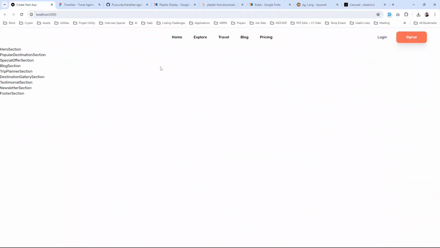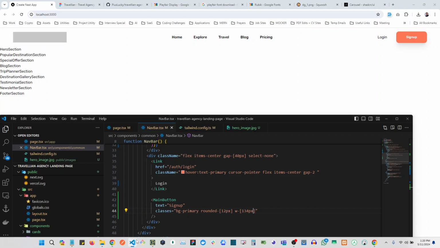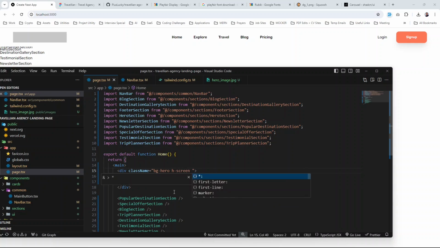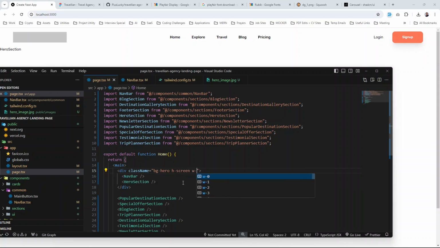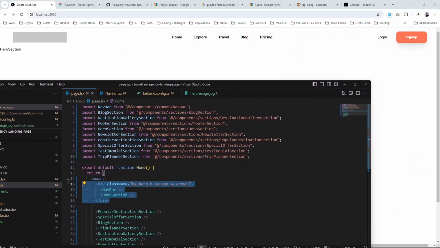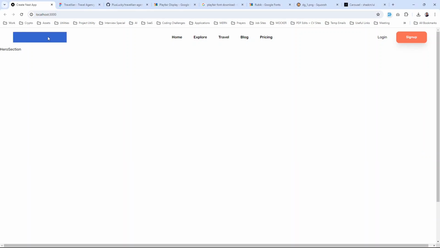Okay, so now let's see what we have so far. Looking good, right? So now we can only see the logo because we want our background to come into the picture, which we don't have yet. So yeah, what we want to do here is to make sure that everything is full screen, which is like 100 VH, and the width screen. Okay, so let's try that out. Okay, so this would be responsible for both those two that we have, right? So yeah, our